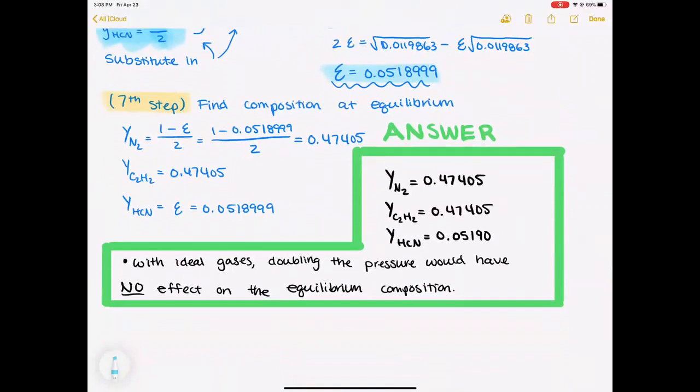So the mole fraction of N2 is 0.47, the mole fraction of C2H2 is 0.47, and the mole fraction of HCN is 0.05, roughly. And then since this was assumed to be ideal gases, we know that doubling the pressure would not have any effect on the equilibrium composition because they are ideal, and ideals don't get affected by